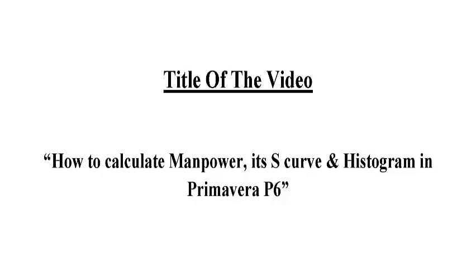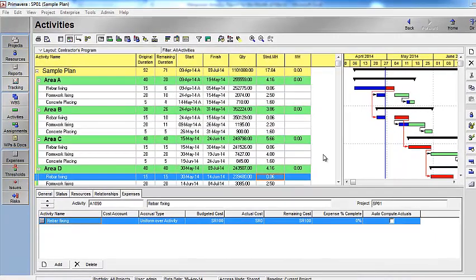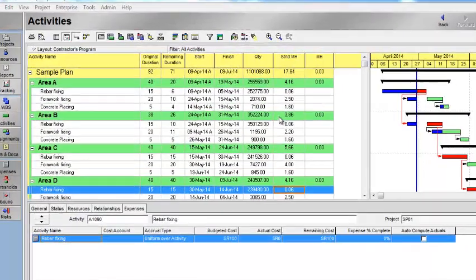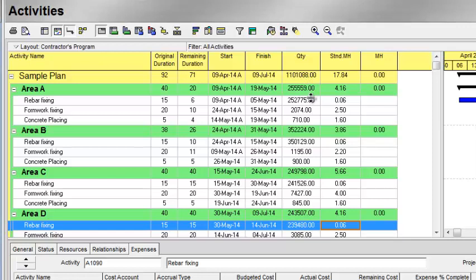The topic of this video is how to calculate the manpower in Primavera P6 and how to make the histogram and the S-curve of the manpower in Primavera P6. I will also explain in this video how to make the histogram for each resource in Primavera P6. To calculate the manpower in Primavera P6, you need three columns: quantity,